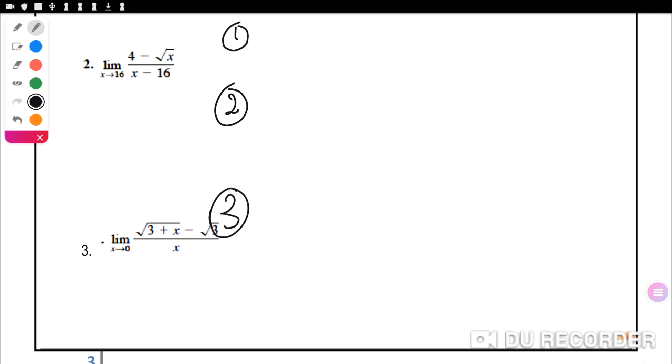The 3 steps. Substitute the given value of x in the given function, in numerator and denominator. 4 minus square root of 16, over 16 minus 16. In numerator it will be 0, in denominator it will be 0. So the limit exists but we need to redefine. We use what? Rationalizing technique,